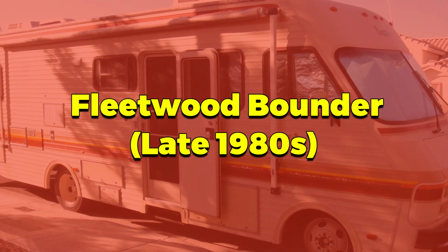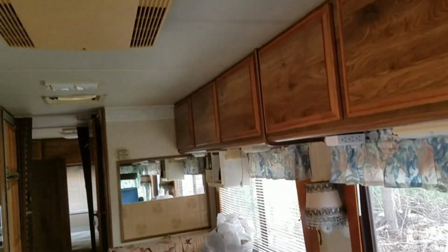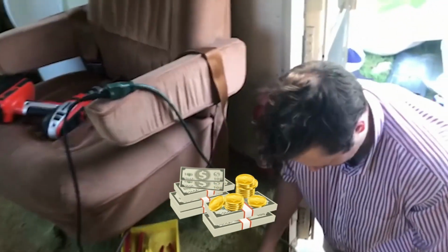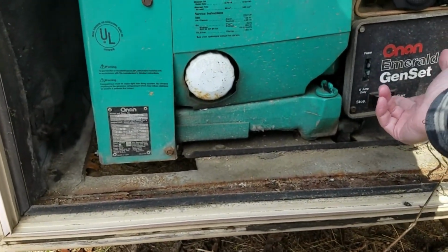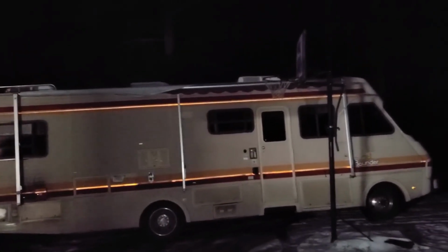The Fleetwood Bounder of the late 1980s was the RV world's way of saying, hey, who needs comfort and reliability anyway? It was a budget-friendly option that made you question if saving money was really worth it. Let's start with the electrical system, which was about as stable as a Jenga tower in an earthquake. Lights flickered like a low-budget haunted house, and using more than one appliance at a time was a game of